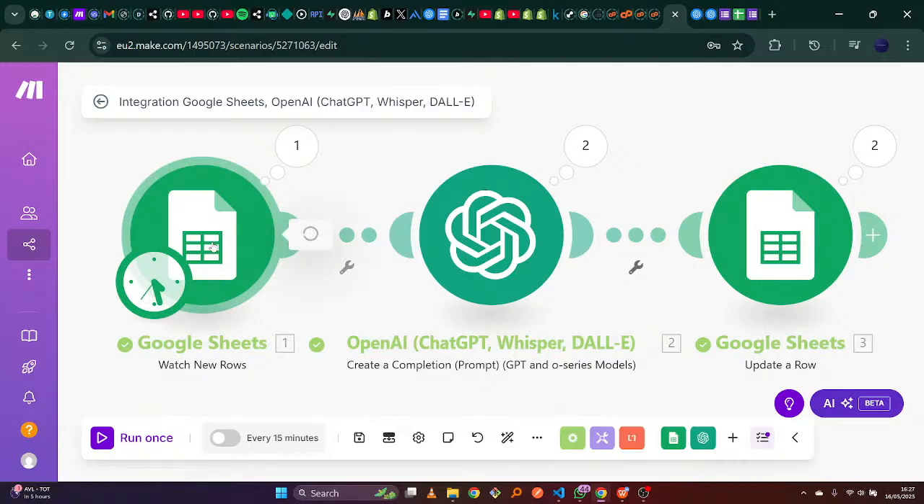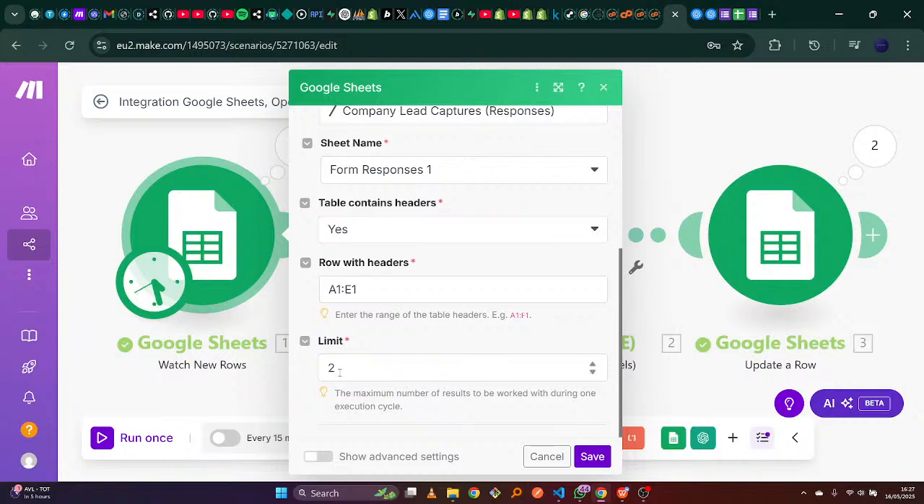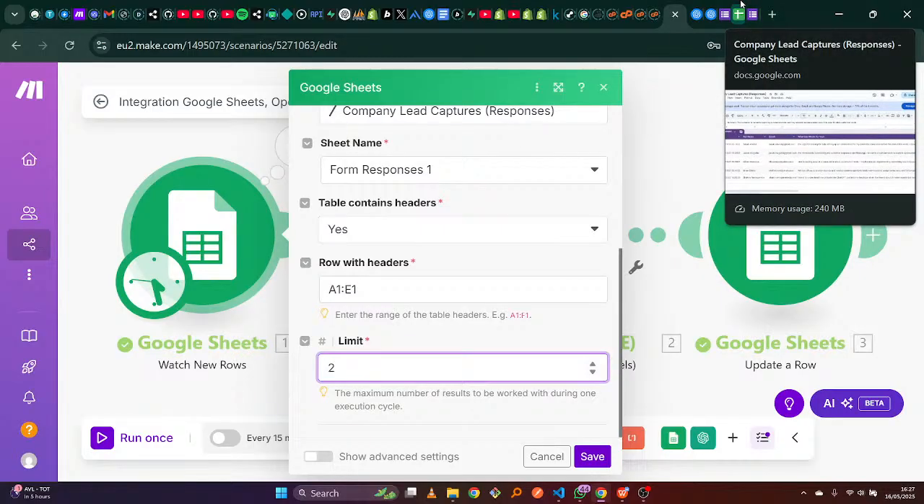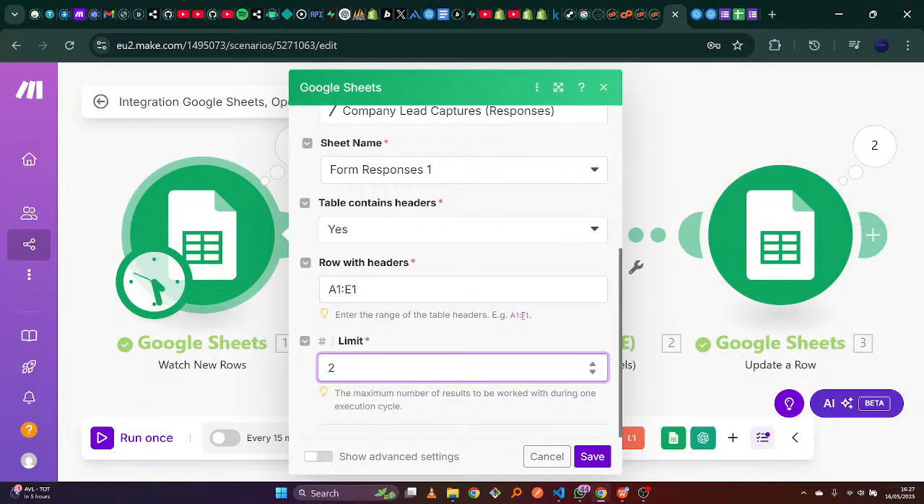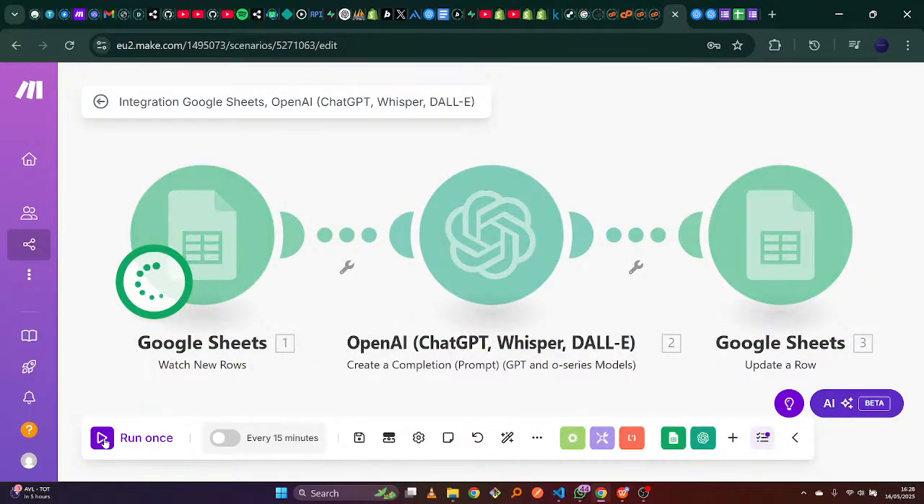If we click our trigger, we set a limit to 2. That's why it only generated 2 at a go. That is where the issue lies. So if I increase this to, let's say, 10, then it will generate more at a go. And if I click save and then run once again,